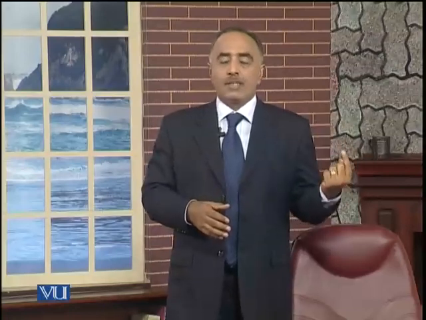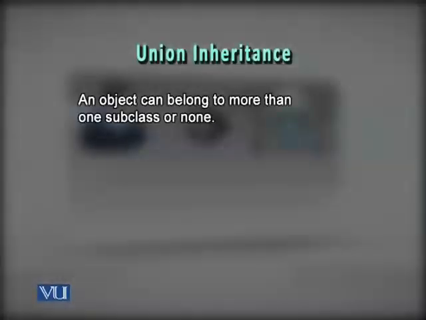So we will discuss these 3 types of inheritance one by one, and we'll see how each can be implemented using both the strategies that we have already mentioned. That is, one is the traditional or original relational approach, using the relational, giving the impression of object orientation. So first of all, we see what union inheritance is.